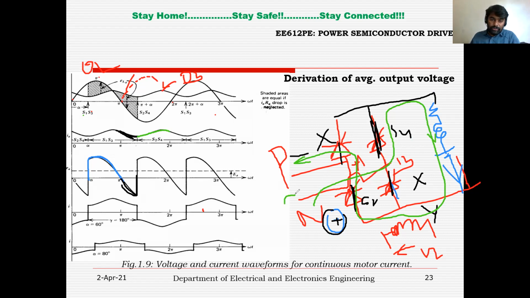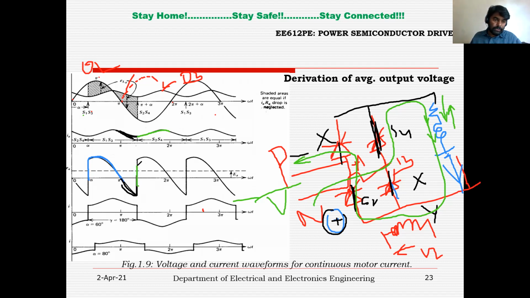So even though here it is negative, you can see it is the negative half cycle, right? But if you see across the load, it is flowing from top to bottom, which is the reference point. So during the positive half cycle also, the current is flowing from top to bottom. During the negative half cycle also, the current is flowing from top to bottom. That means irrespective of the input supply, the current flowing to the load is from top to bottom, which means you are getting positive voltage across the load.